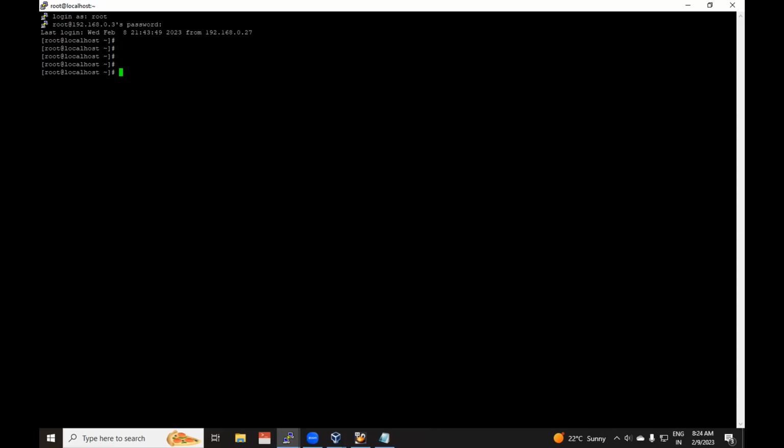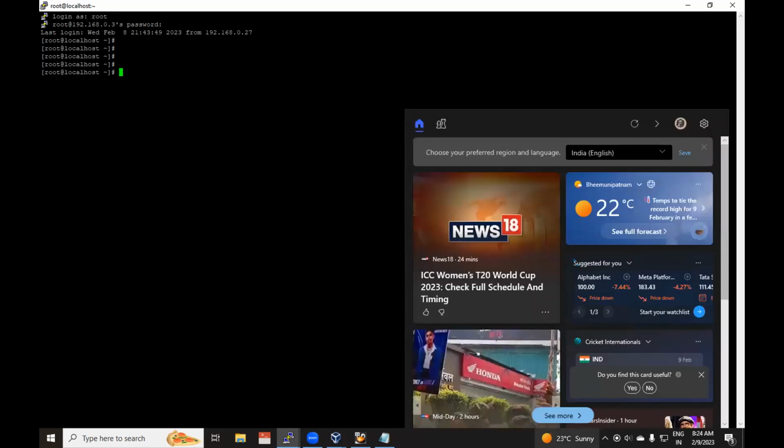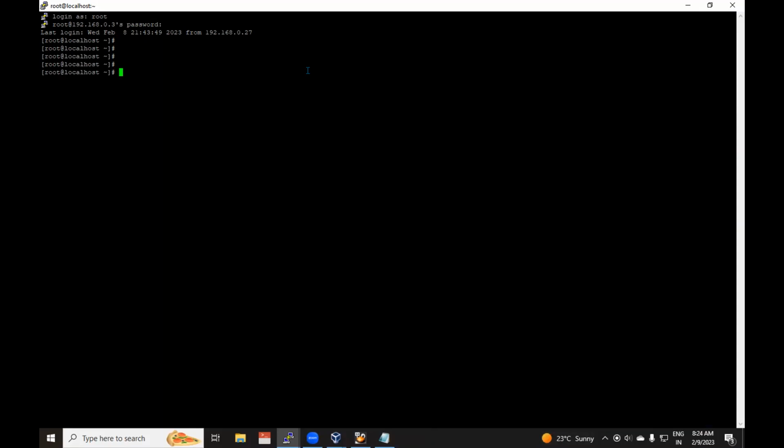So there will be some packages or RPMs that need to be installed before installing any software in Linux. Suppose in Windows, if we download any software and try to install it, it will say please install something.msi or something.rpm, like that, right? Some dependent RPMs we have to install. Similarly in Linux also we have to install some RPMs needed by Oracle. So we need not worry about that. That is automated now. You can directly go with yum install